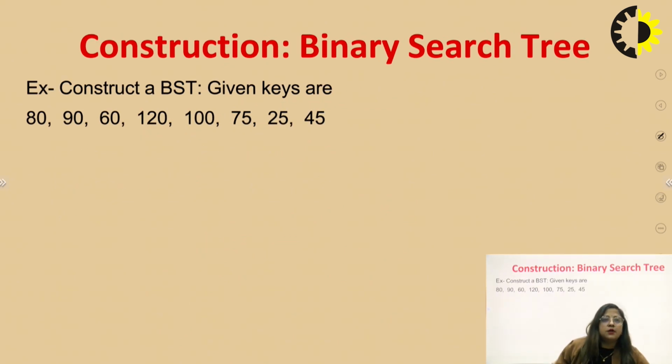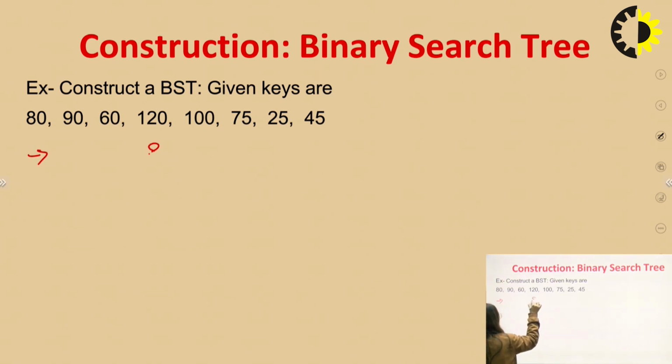Now construct a BST. So how to construct a BST? Take an example here. Here are some values, and these are the keys given, and we use them one by one. So first of all we take step 1. According to this, the first key is used simply as the root node. After that we come to the second number. Now check whether this number is greater or less, according to the property of BST.